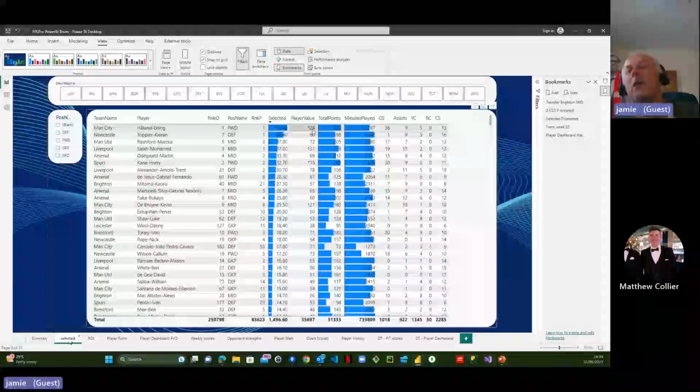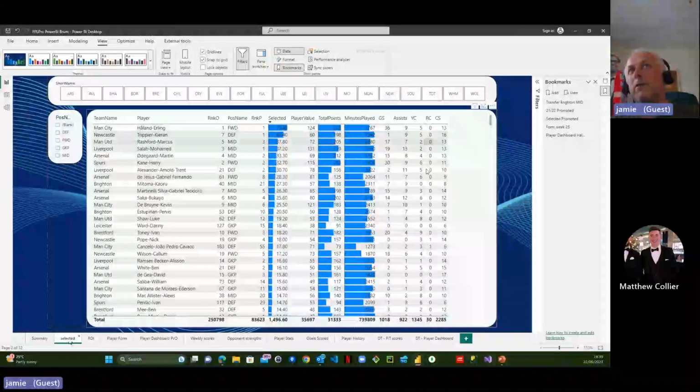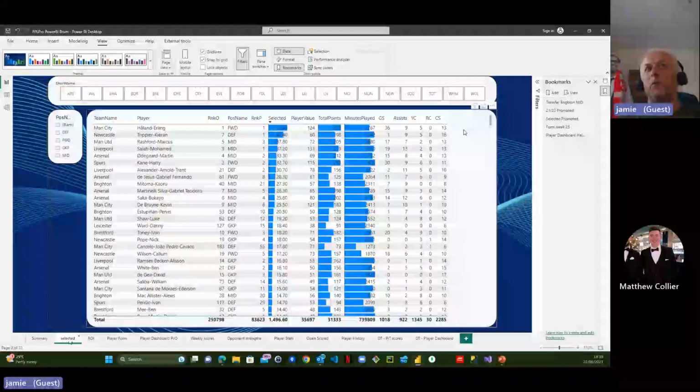Player value. Player value is 124, which means 12.4 million, but I didn't want to use decimals. Then we've got total points, minutes played, goals scored, assists, and then the cards. As you can see, because you get points deducted for cards, I include those on a lot of reports. But all this is doing is giving me an oversight over what players are doing well and